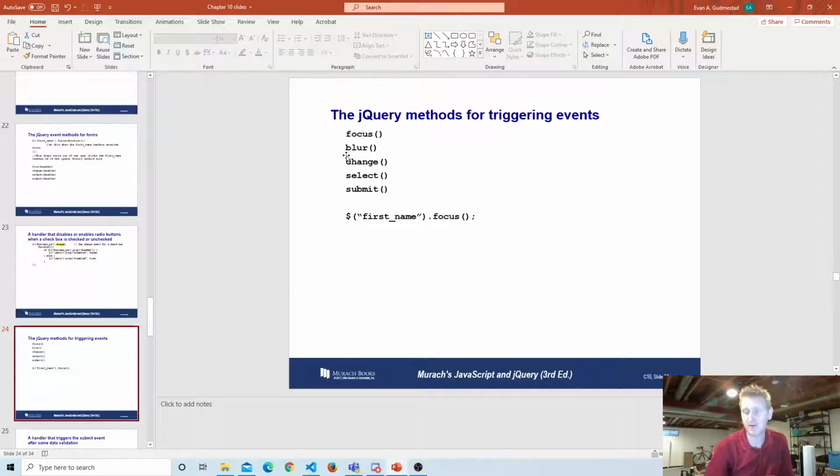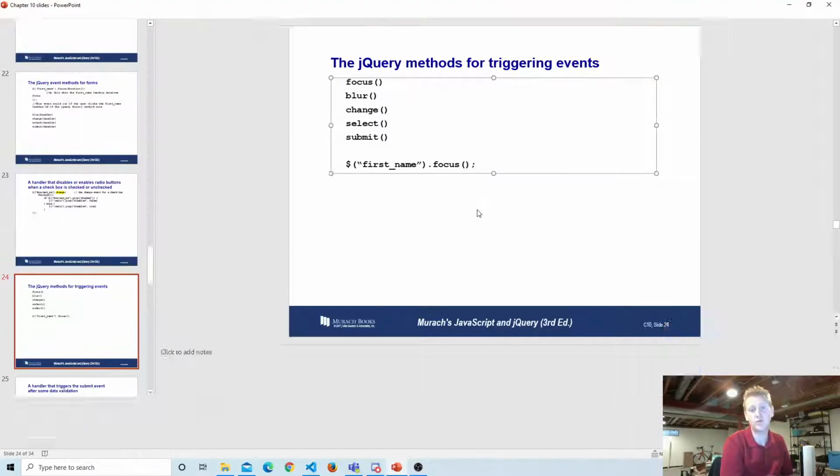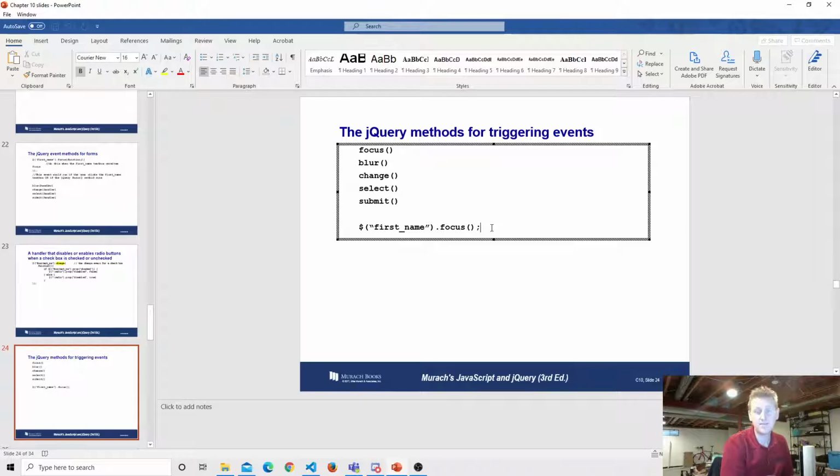It could be triggered by the jQuery, or it could be triggered by the user interacting with the page. Same thing with blur, same thing with change, same thing with select, same thing with submit. So submit's a useful one in that specifically for validation,